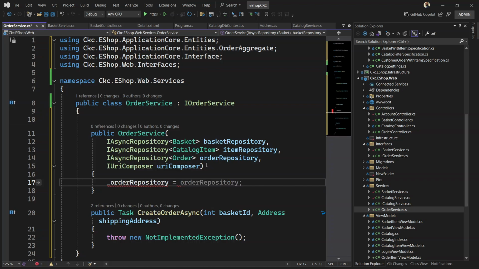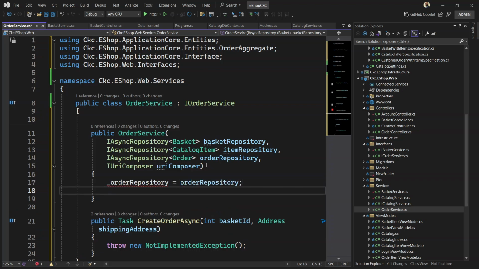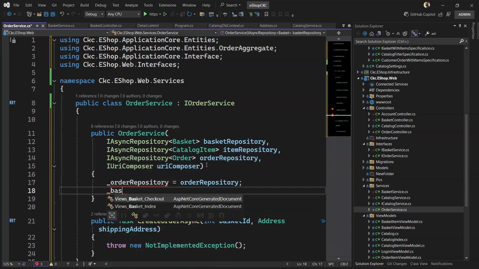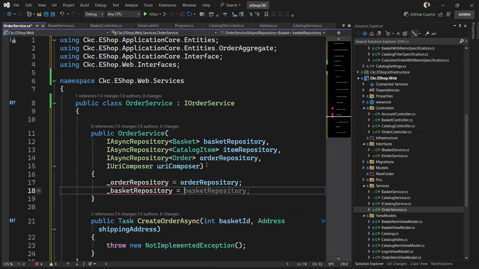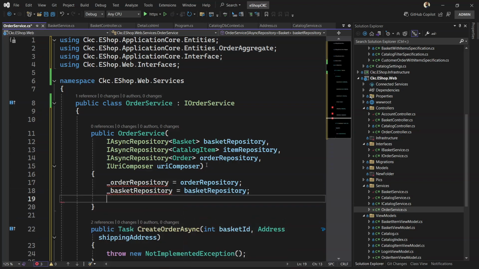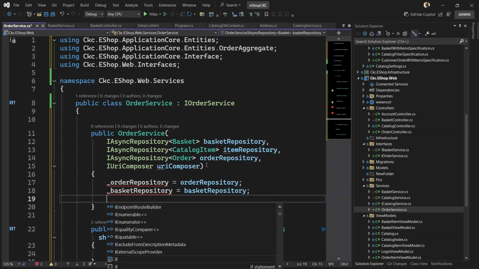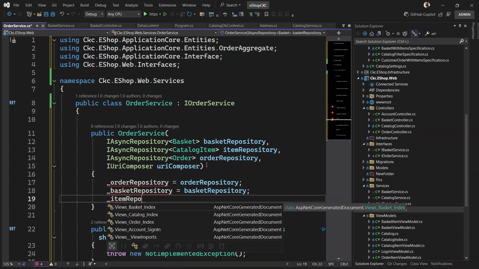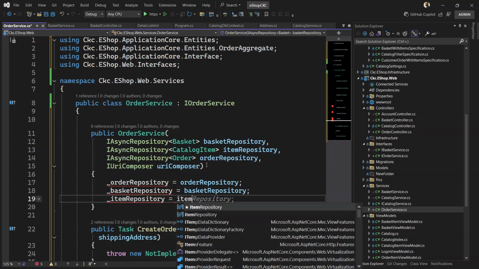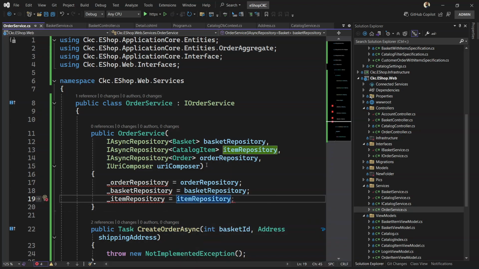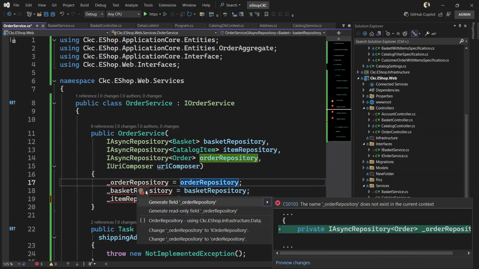IRepository is equal to, order repository, sorry, not the IRepository, it's order repository. Then I'm going to have the basket repository equal to basket repository, and then the item repository, which is equal to item repository. So with this being done, let's